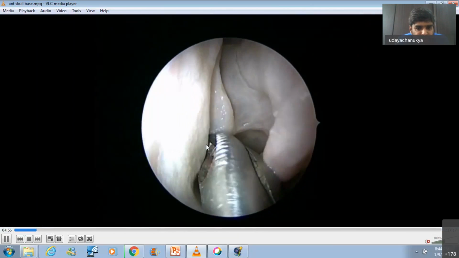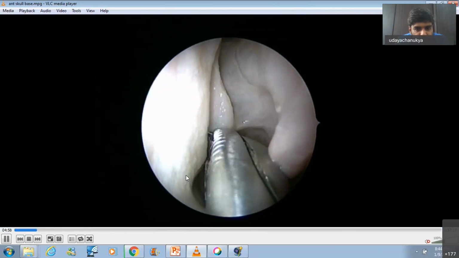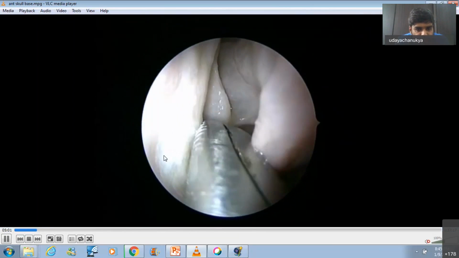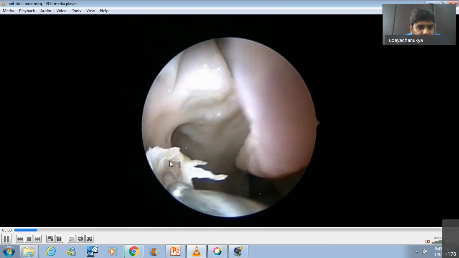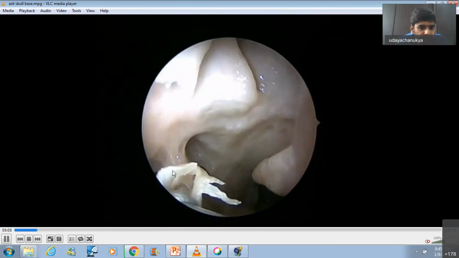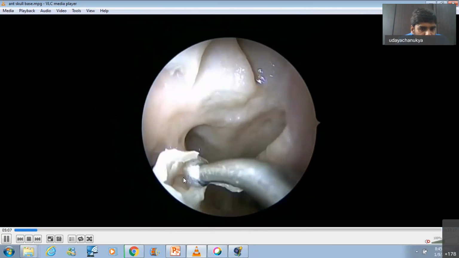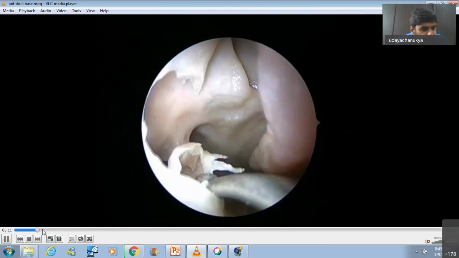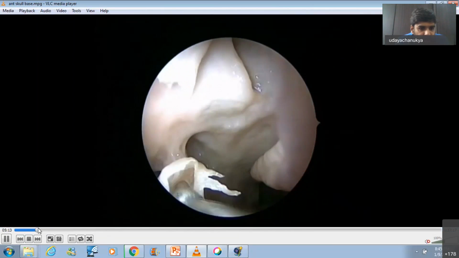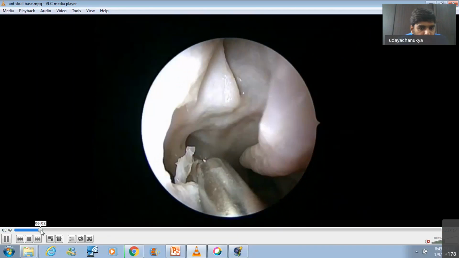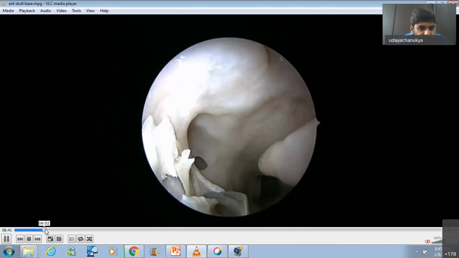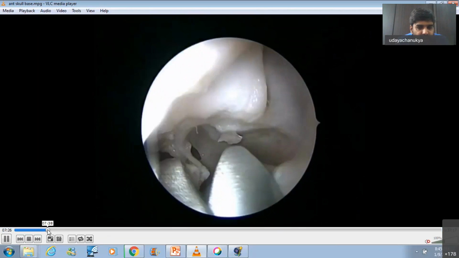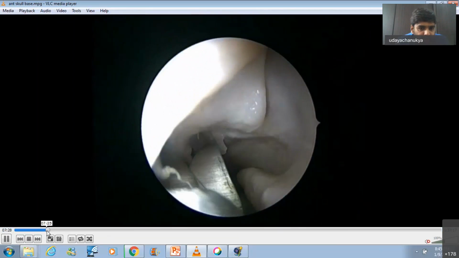We insert a backbiting forceps at the junction of the vertical and horizontal part, and then we take 1, 2, 3 bites so that we can feel the anterior hard bone, and this is the horizontal part of the uncinate bone. We have to remove the horizontal part of the uncinate bone, and then we can go inside the maxillary sinus. Sir is doing an uncinate flap in this, so we'll skip that part